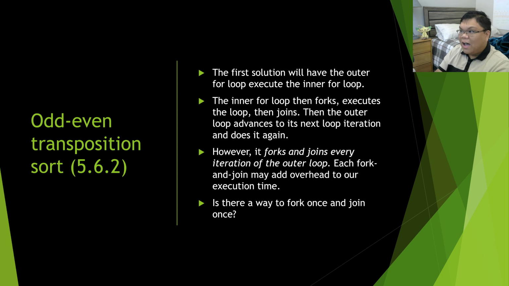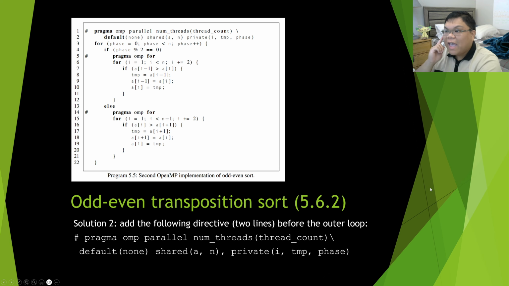Can't we just hire one team, one crew, and have them do whatever work for the whole duration of the for loop? Yes, we can. Here's what it looks like. We need to add two different directives. One is for the outer for loop, and the other is for each of the two inner for loops. So the outer for loop gets this directive: pragma omp parallel num_threads(thread_count), and